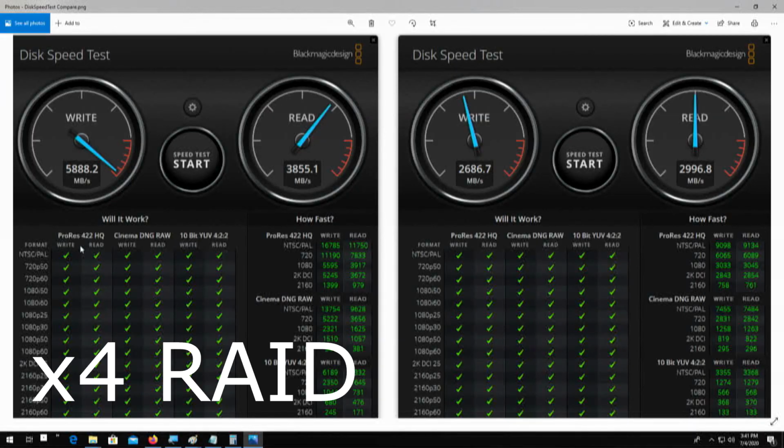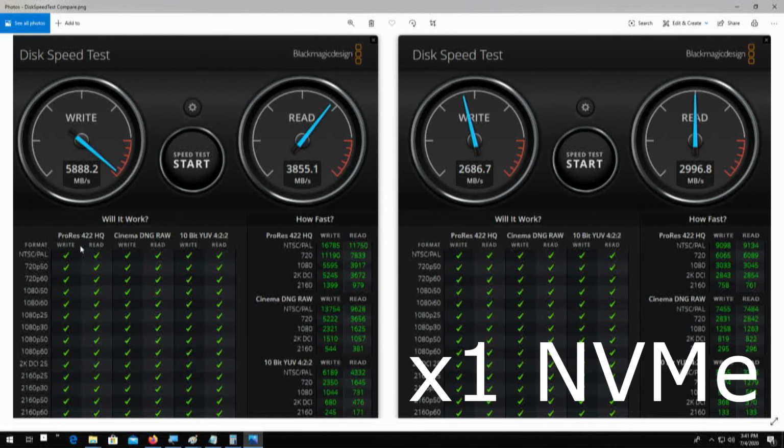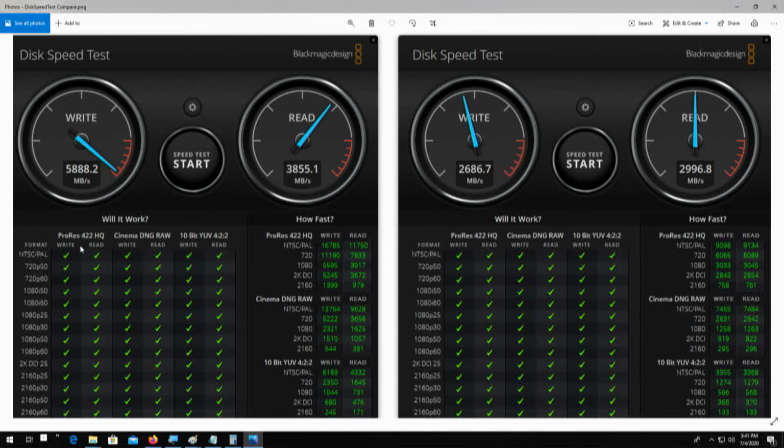We're showing the 4 drives on the left in a RAID, and we're showing one drive, the first drive, not in RAID. So you can see how the performance compares. 5888 megabytes to 2686 megabytes on the right. And then for the read, we get 3855 megabytes versus 2996 megabytes. We're talking 4 drives that should be 16 lanes, but we're on an 8-lane slot. Pretty good performance. So to reiterate and to recap, this is about the GloTrends Sky and Palace